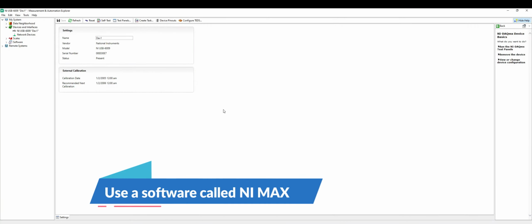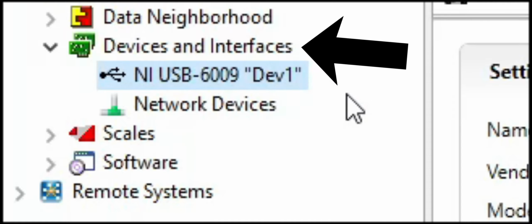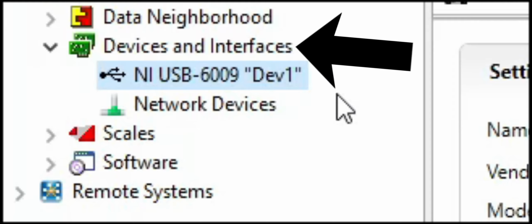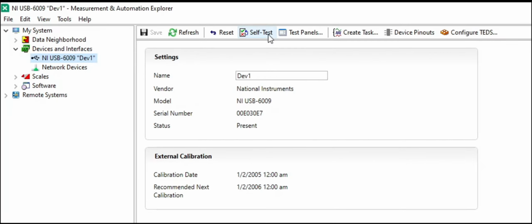Another way to check is to open up a software called NIMax. On the left hand side of NIMax, you can see the devices that are connected to your PC under the Devices and Interfaces tab. So once you have identified the USB 6009 that is connected to your PC, run a self-test to check whether